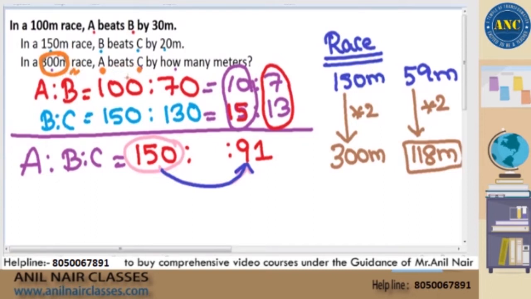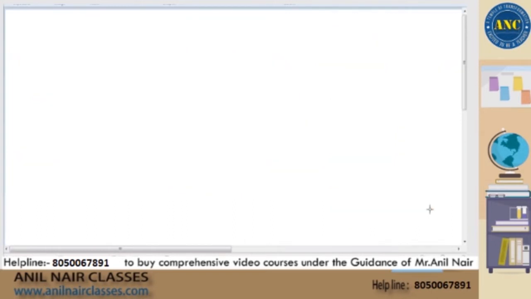If they are asking a 450 meter race, 150 is becoming 450, so multiply by 3. If they are asking 100 meters, like the way you asked me a question, proportionately find it out. If you do not find the multiplying factor, cross multiply and check it. Next. Now, before solving the third question,